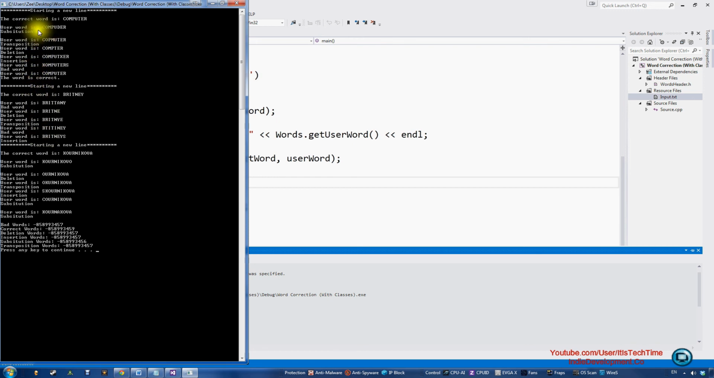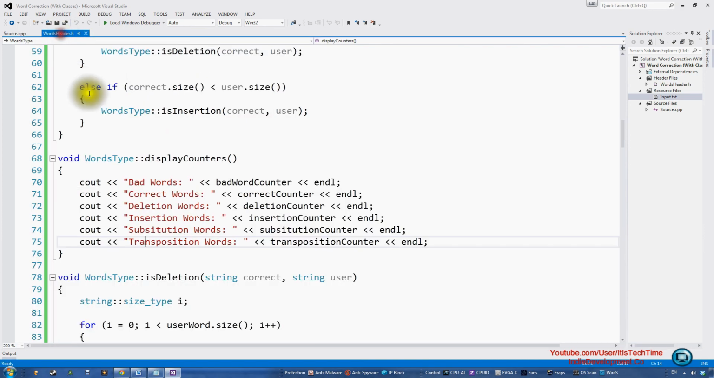Okay, we're all good right here. So computer, substitution, transposition, deletion, insertion, bad word: the word is correct right here. This word is correct, and so on with the rest of the words, counting them. So we're going to fix this. Here's what we're going to do. We're going to go back to here,